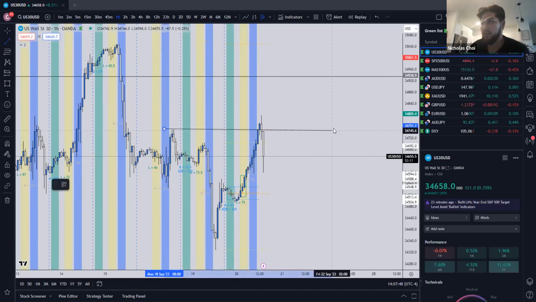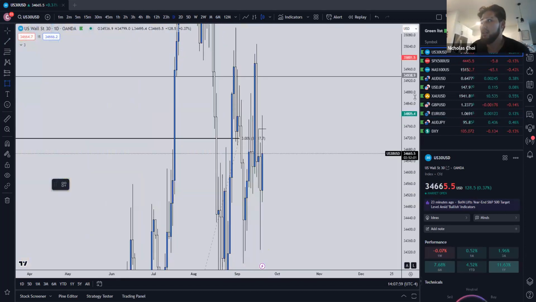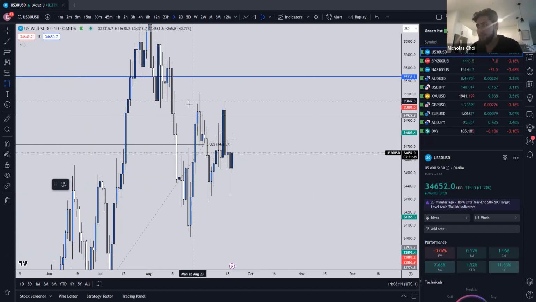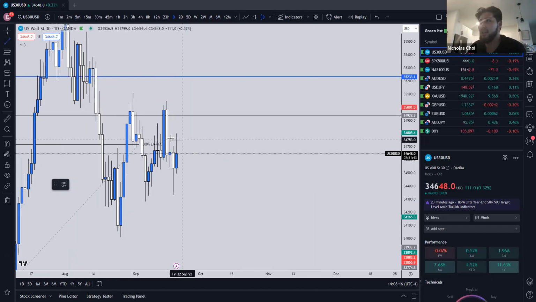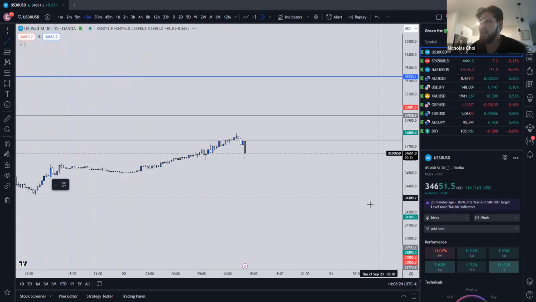This is what I was eyeing too, US 30. I'm only probably going to execute on Euro USD, but I just want to map out the thinking here for you guys. We've been consolidating all week, and I'm looking at Monday's high and Tuesday's high. We had this Tuesday low, but we didn't sweep the low. Obviously, we're bullish DXY, so with the inverse correlation, we want to see bearish US 30. But the key is that we did sweep Monday's high and Tuesday's high. So ideally, now we're looking for that short opportunity.